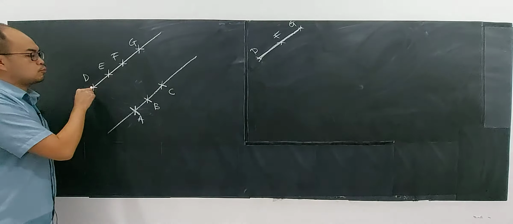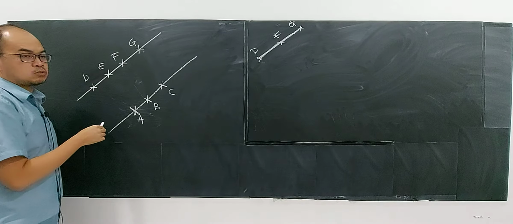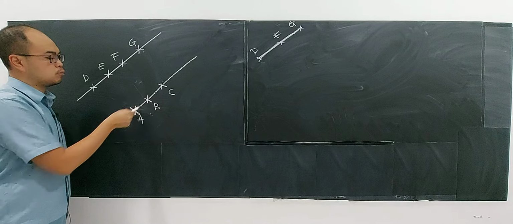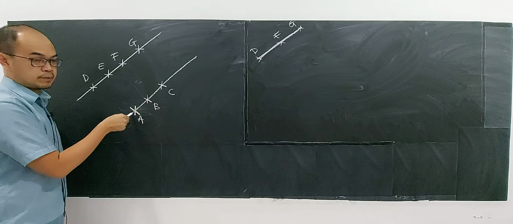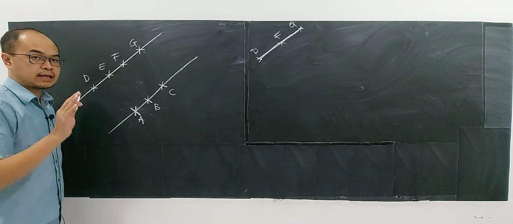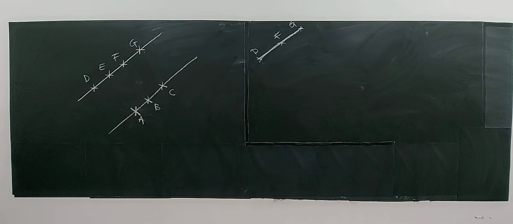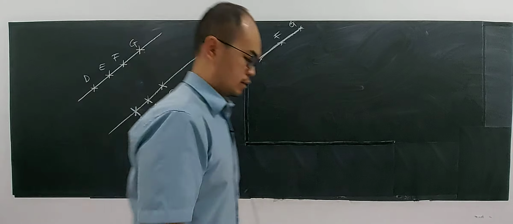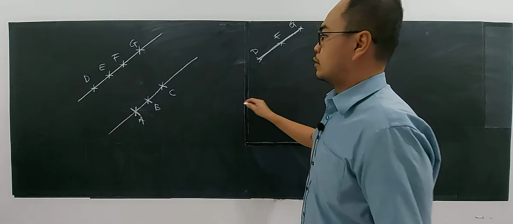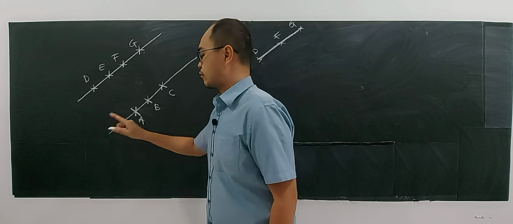If I choose 2 points here, I need 1 more point. Or maybe I choose 2 points here, also I can choose A and B, and I choose F. I still can draw a triangle, as long as I'm not choosing 3 points from the same line. The clue is there. So now, very simple. You can divide them into cases. You can say, okay, the 7 points, 1, 2, 3, 4, 5, 6, 7,